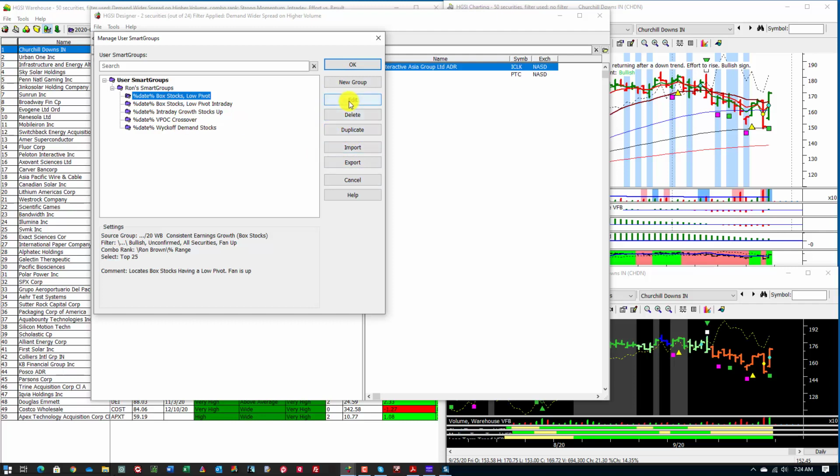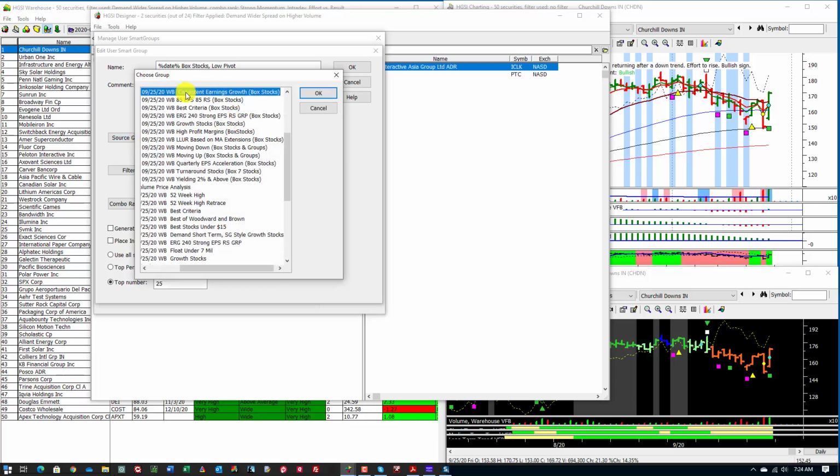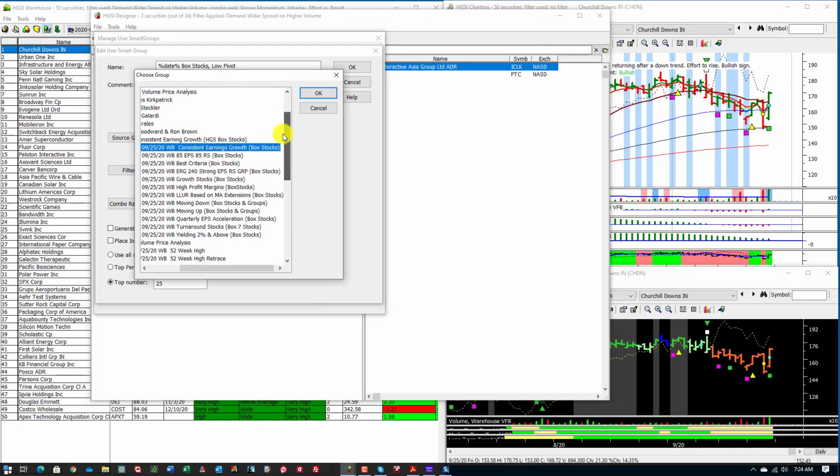Now I'll go ahead and open this up. This is box stocks low pivot. This locates box stocks having a low pivot. The fan is up. My source group, what I wanted to do is go into the